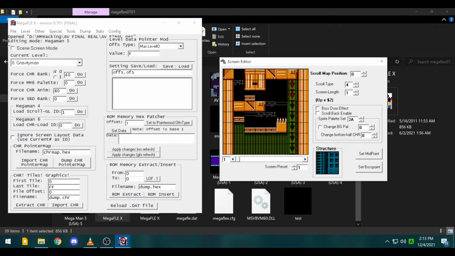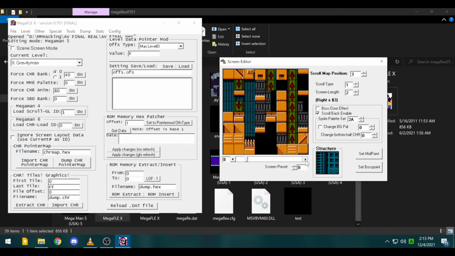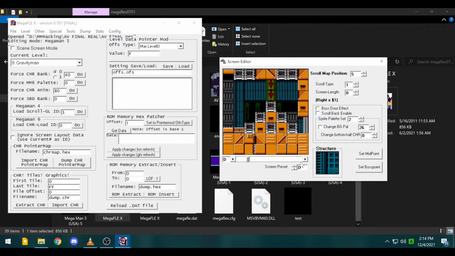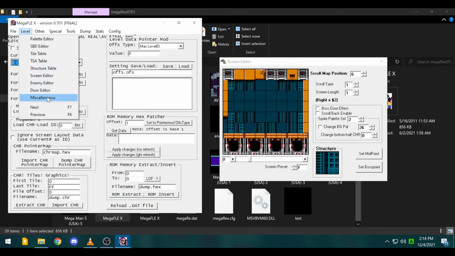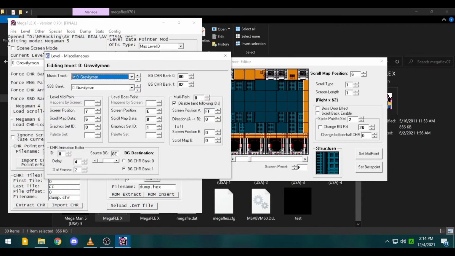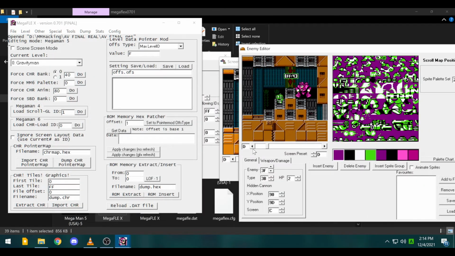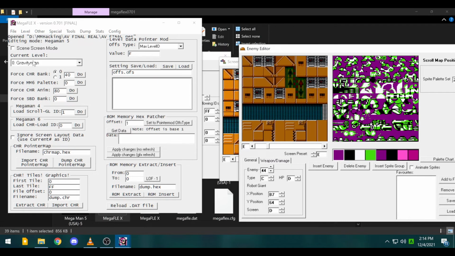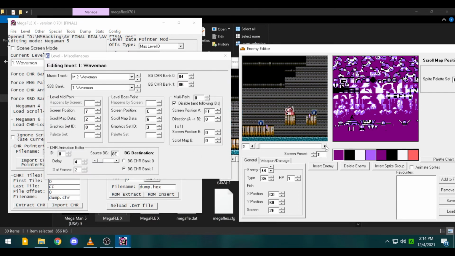You can change the background palettes for the individual sections, which is useful. You pretty much want to keep it consistent. But there will be parts where you might have to change it, like for boss fights or boss palettes. That is something you do have to make sure you change in this miscellaneous part. I mentioned that earlier. You might have to go into the enemy editor and find where the palette is, and you might have to pre-place it somewhere. Oh, that's not the palette. I didn't have to do it on this level. I think I was able to get it here with the ID set. But some of these levels I had to,